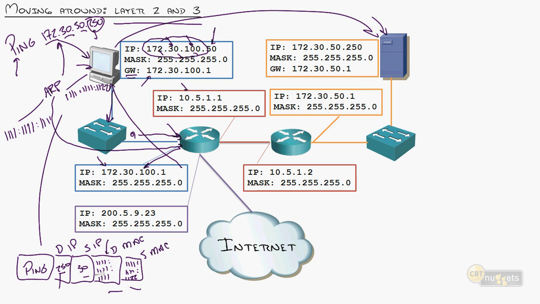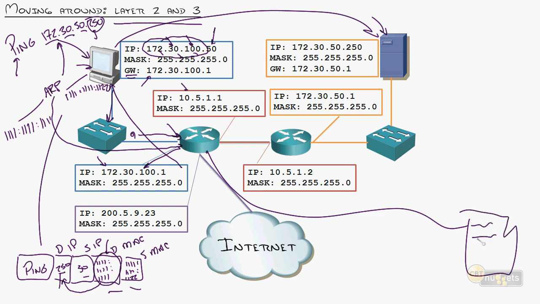Router gets it. He's like, ooh, mail for me. Because I see my destination MAC address. He then looks further and says, oh, that's not for me. That's going to 172.30.50.250. Looks at his routing table. Comes over here. Routing table has all the places he knows how to reach, and one of them happens to be